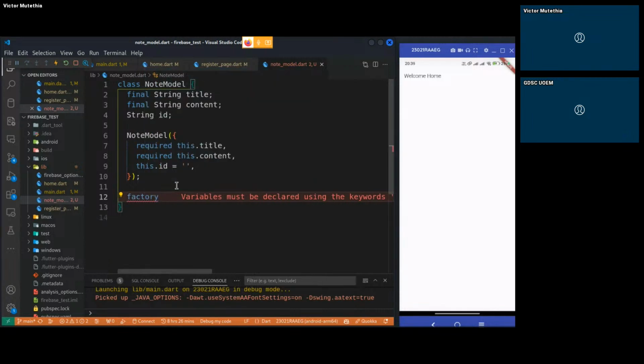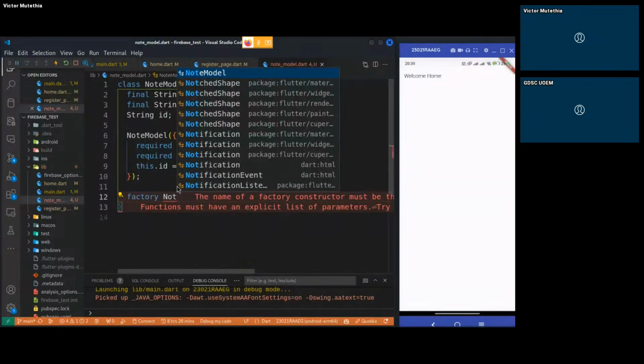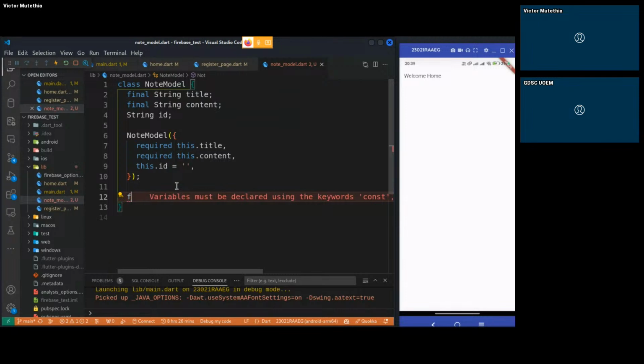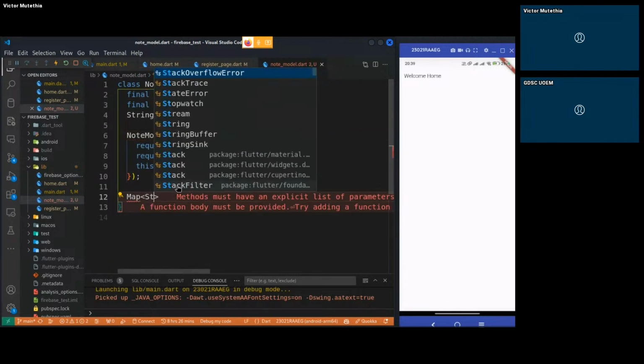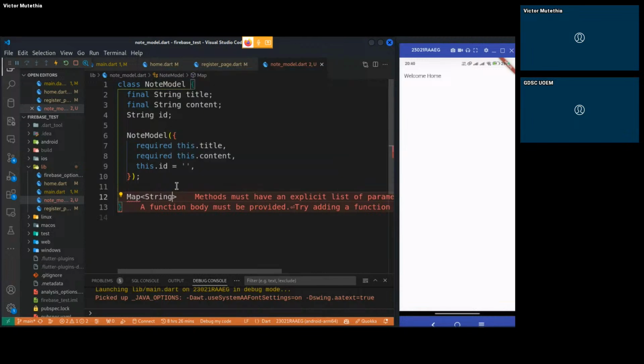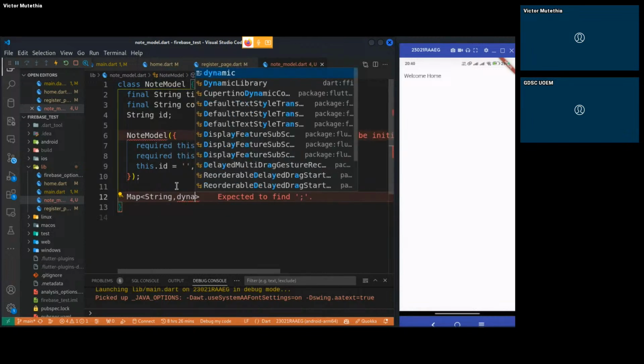So we have some factory NoteModel. We'll have first the toMap method. So we'll have Map of String, dynamic. I'll do this quickly because if you install that,